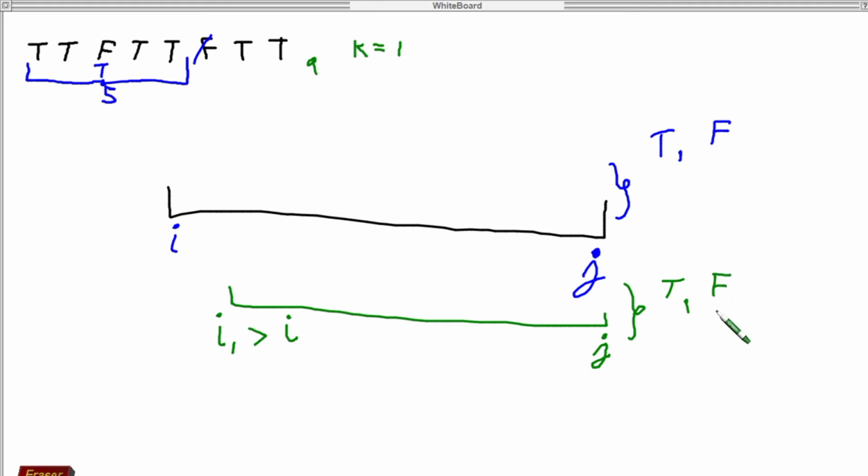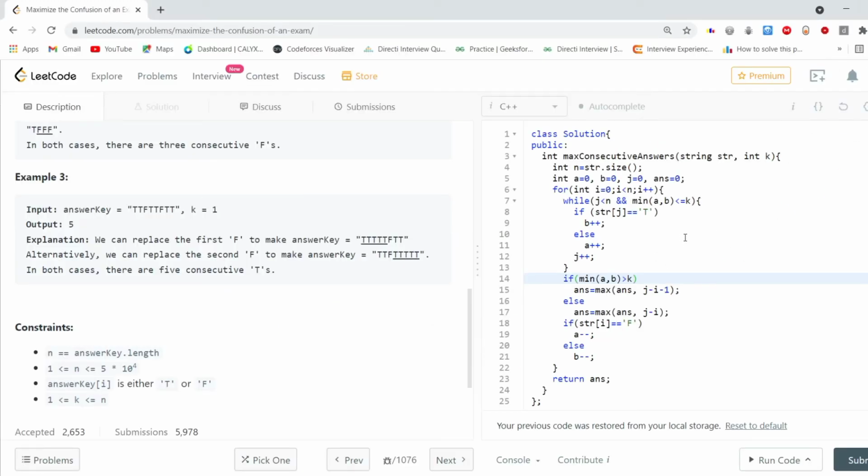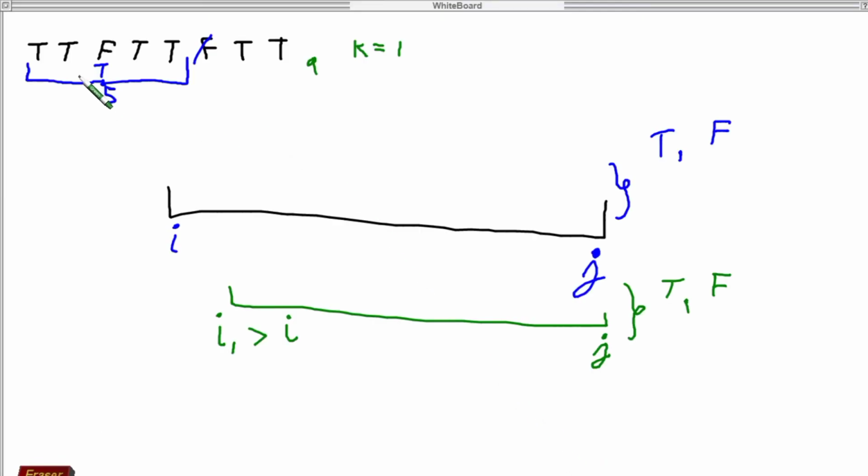Now we will use this intuition here. We will be using the two pointer approach because of the monotonicity we are seeing here. Like in this test case, we have seen that we started from index 0 and ended at index 4.